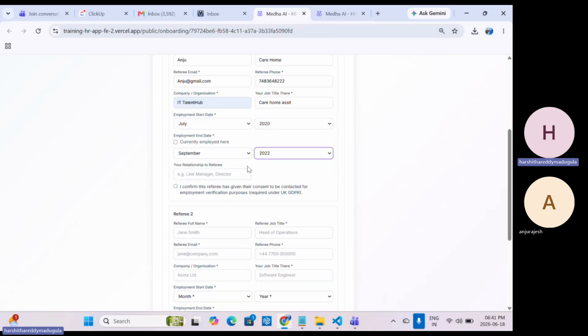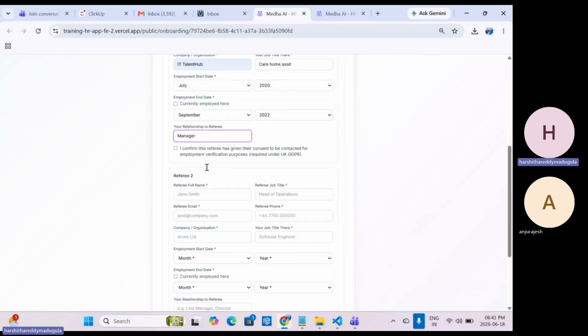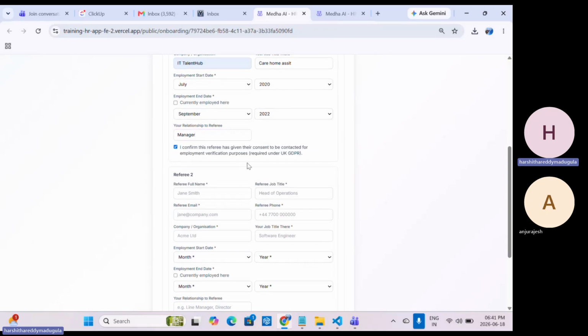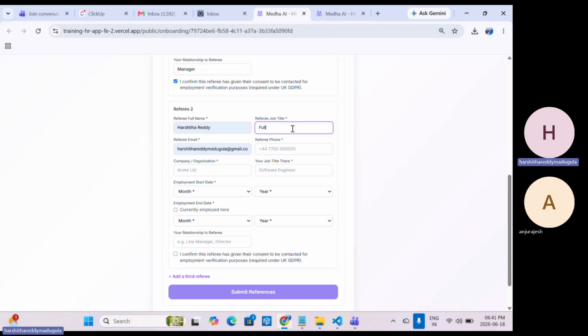employment end date here, and the relationship with the referral we can enter here and confirm it. And here we have mentioned that they require two references, so I was entering one more reference, and the reference job title and the phone number, the reference phone number, and the organization they are working for, and the candidate job